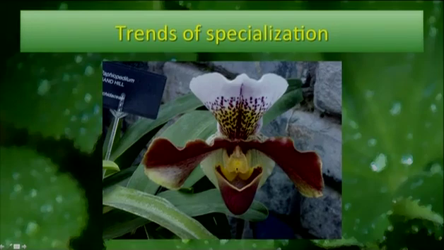Then the orchid flower also has a column, a fused sexual structure. It has the anther cap at the tip with the pollinia inside, which is like a mass of pollen. And then the stigma is like a concave space with sticky fluid in it on the same structure as the anther, or the stamen. Okay? So those are some examples of plants that have more advanced characteristics. Okay? The orchid is paramount among them.